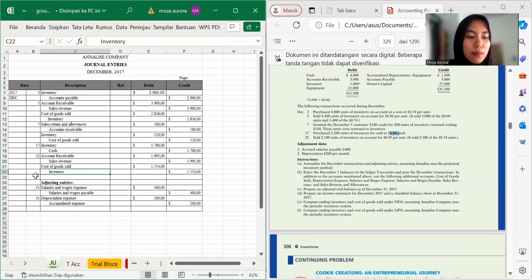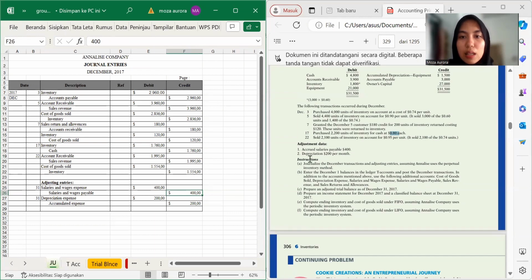As we accrue salaries and wages, we debit the expense account with the corresponding credit to the payable account. So here we write it as salaries and wages expense on debit for $400 and salaries and wages payable on credit with